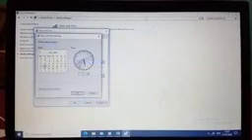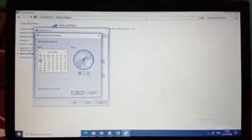Now I will show you how to change the date and time. Okay, you can easily change the date and time and set that date and time. Okay, even you can change the time zone also. For that, click on set date and time. The dialog box will come in front of you and just click on change date and time option.